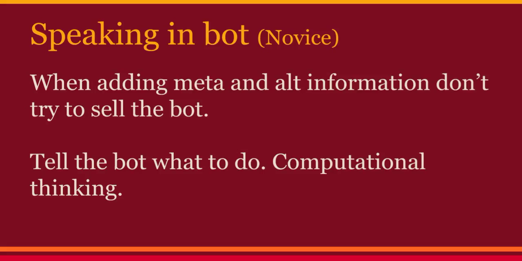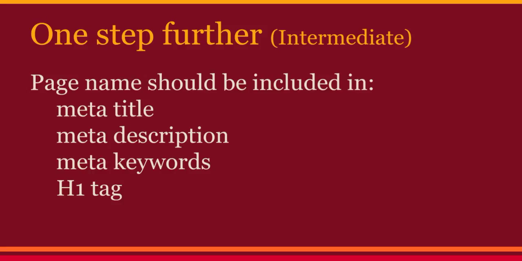So you want to say, what is this page for? Who should be using this page? How should this page be categorized? Who is looking at this image? What is this image for? Who should see this image? That's more computational speaking. That's what you want to be putting into the meta tags and into the alt tags. Not so much talking to the consumer, but talking to the bot.